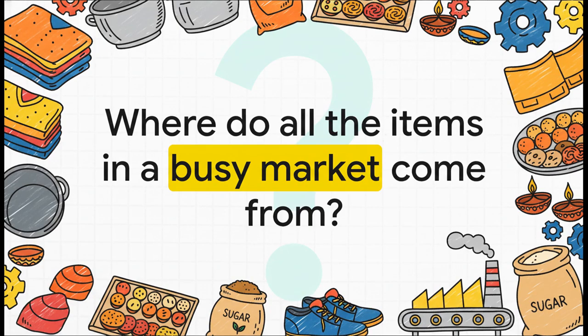Picture this. It's Diwali time, and you're with your family in a crowded, bustling market. The shops are just overflowing with colorful clothes, shiny utensils, sweets, and of course, those beautiful earthen diyas. You get a new pair of shoes. Your mother buys some sugar and tea. It's a wonderful, happy scene, isn't it? But it also makes you think, where do all these things actually come from? And how are so many of them made?